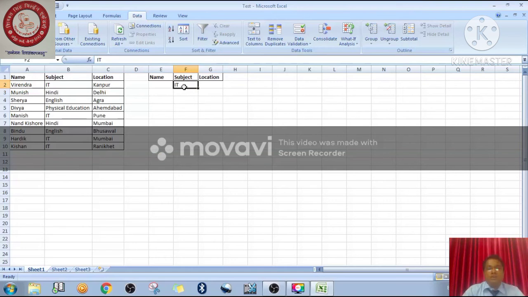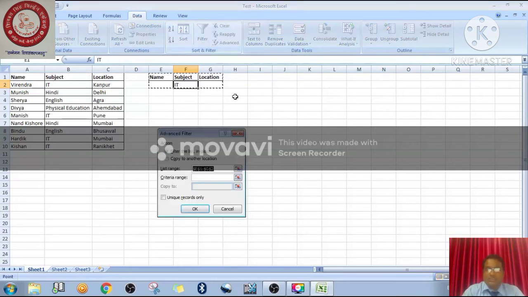So now it's time to start the advanced filtration. First click here, right? Now it is automatically selected here, so this is not going to be selected, just delete it. Now select the main data, because it is asking for the list range, just select it one time. Select the second option. Now it is asking for the criteria range. Criteria means whatever conditions on which you are going to filter the data. So I am going to filter according to this data.